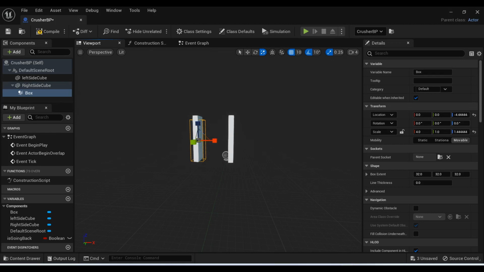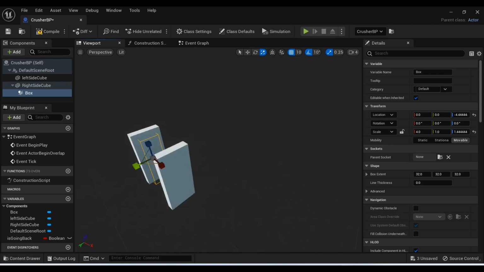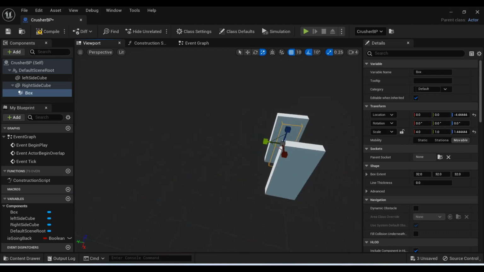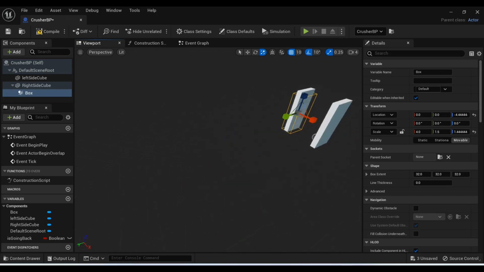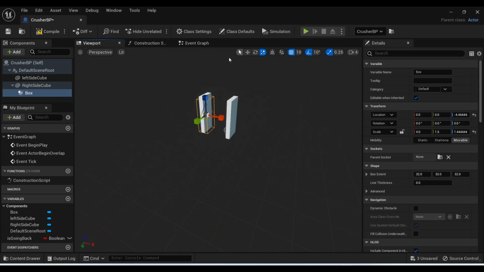And if you just zoom in a little bit, sorry. You have to keep it the same size, like this. Yep. So save it,